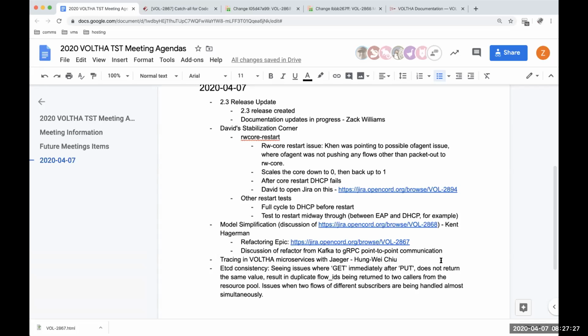Well, David, the point is also what Matteo is working on with the multiple ONU adapters. Yep. That makes fairly good use of Kafka. So, as we said, I don't think it's a priority at the moment. I thought he was actually doing a topic per ONU, which means you're doing point-to-point communication. Yeah, that will actually work fairly well with gRPC too. Okay. Yeah, but I agree. Priorities are a different issue.